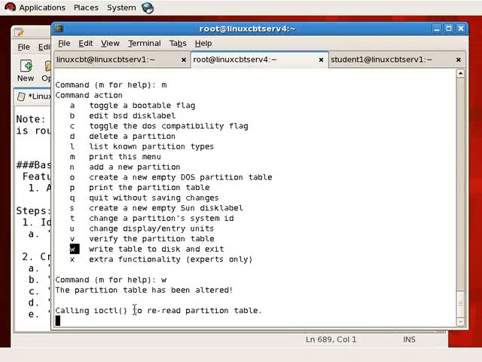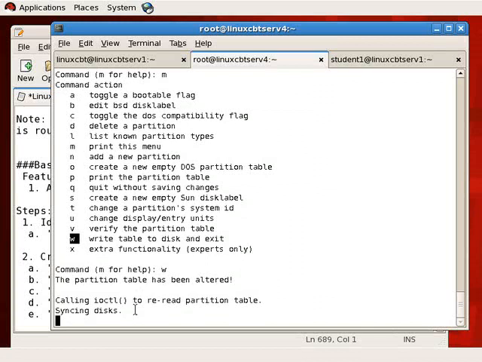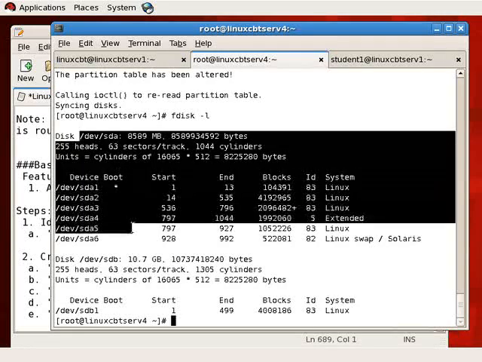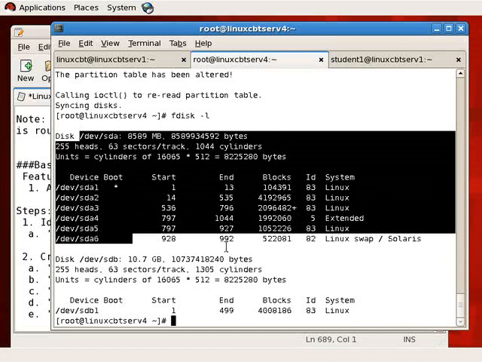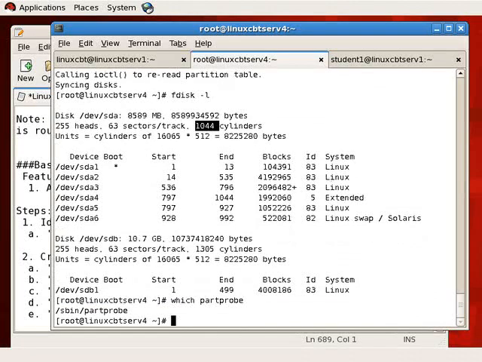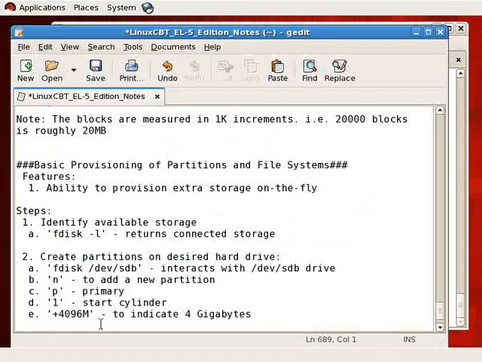So this writes to the hard drive, and if all goes well, we'll be able to create a file system on the hard drive. Sometimes there are problems syncing to the disk, especially for disks that are currently in use. So for example, fdisk -l, if we attempted to update the first disk, SDA, by creating a new partition between the cylinders 993 and 1044, sometimes with a running system you'll be unable to do so unless you use the partprobe utility. The partprobe utility forces changes when you indicate the